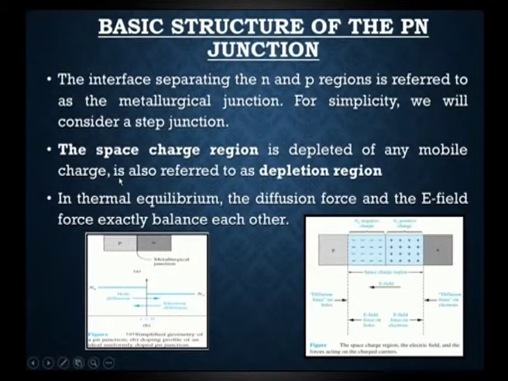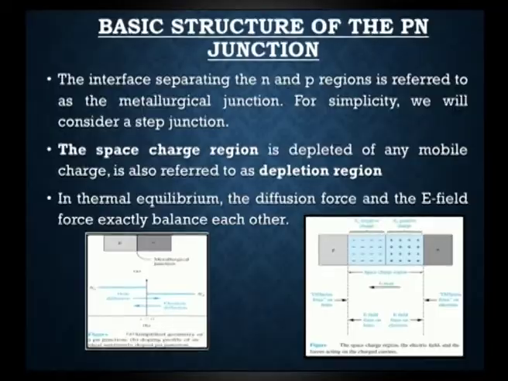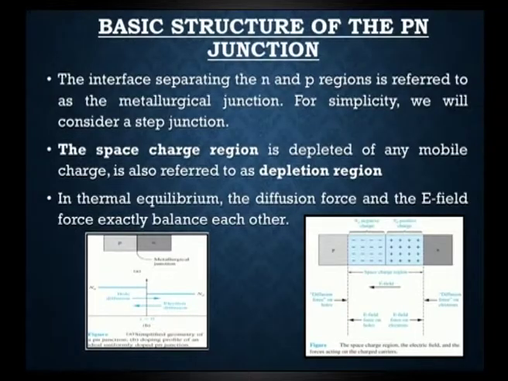And also the space charge region is nothing but the barrier or barrier width. The barrier width, also called the space charge region, is depleted of any mobile charge, and is also referred to as the depletion region. So, once the depletion barrier is formed, the donor atoms and acceptor atoms present in the junction are immobile, they do not have any motion inside. That is why it is called the depletion region in the PN junction. That part will always be a depleted part surrounding the other regions.